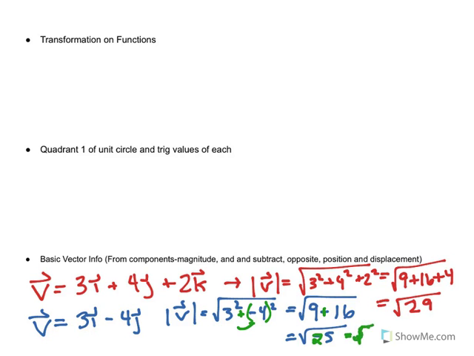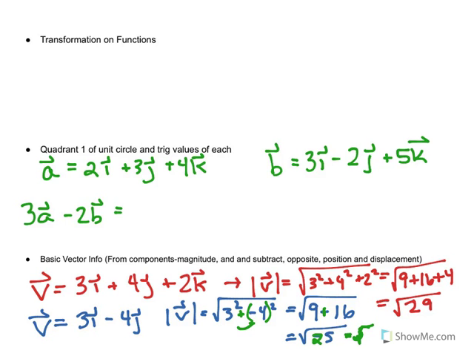Please remember when adding and subtracting vectors, just make sure you combine the correct components. So really quickly, if I have the following two. To find this information right here, first I have to figure out what 3a is, and then I can subtract off 2b. And it's going to combine the like components. Well, 3a is going to be the following. I'm just going to multiply each component by 3. 6i plus 9j plus 12k. And then 2b